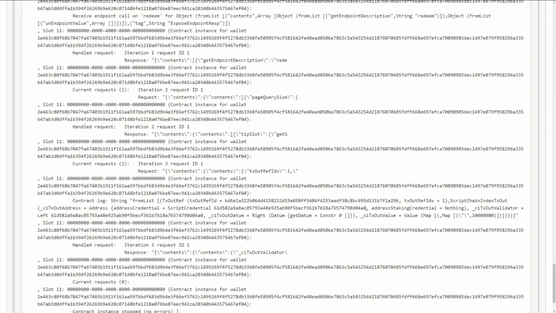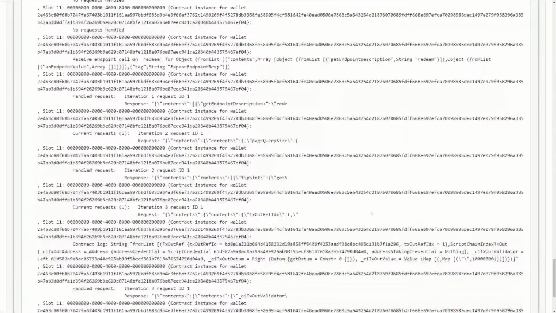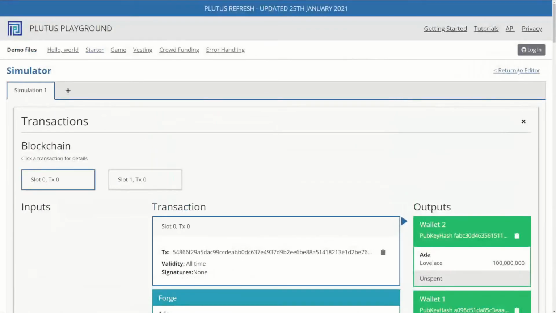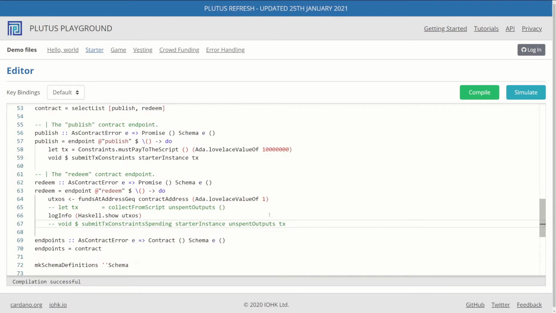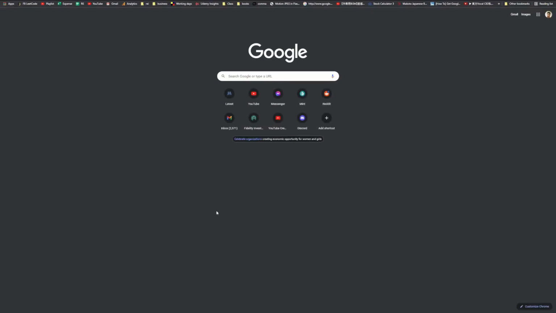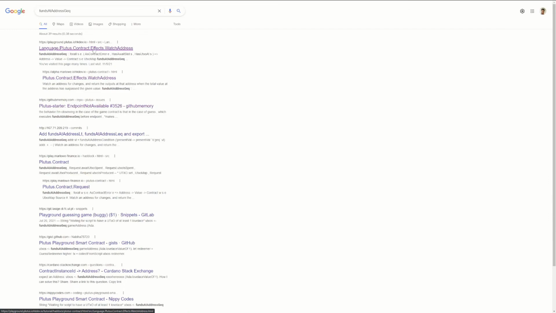Now, if we were curious about this unspent transaction output and what the format looks like, as I was, you could do some more investigation and learn how the code works by looking at the source code. We know that the UTXO we got in the original code is from this funds at address greater than or equal to function. So what you could do is go to Google, search up that function, and then go into